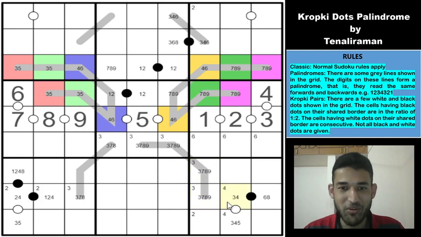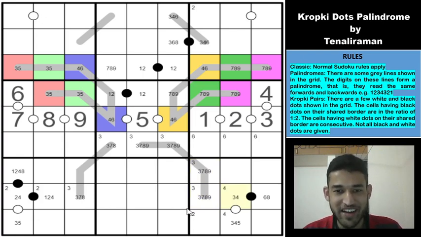Wow, this is a mind-blowing deduction, guys. Really amazing. Really happy to look at it, because if you have a 3 here, then all of these cells can't take a 3. And then there will be a violation along the palindrome. Superb. So this cannot be a 3. Amazing deduction, guys. Just love it. I'm not sure if that is the only way to continue from here.